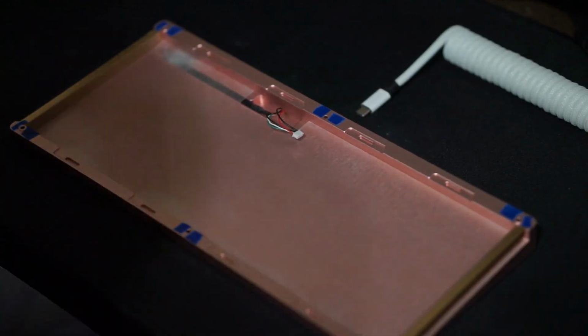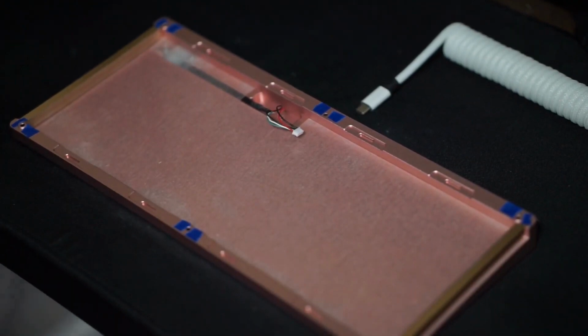Overall, I'm really happy with this keyboard and how it turned out. I still really enjoy using it, and I always go back to it from time to time just because of how nice it sounds and feels. Now when it comes to the overall build quality, that hasn't really had any wear and tear that I've seen,